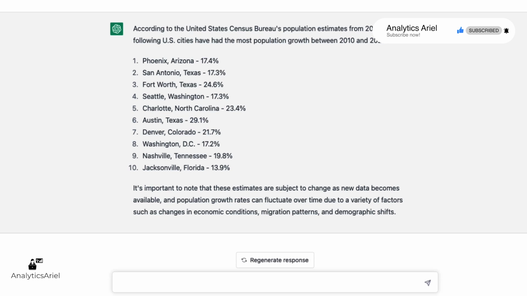So I'm actually going to select the last city here, which is Jacksonville, Florida, because I've actually visited it before and it's in my home state, Florida. So let's now ask what the average price for a home looks like, because we would need to know if we can actually afford purchasing in the city. So let's ask, what is the average price for a home in Jacksonville, Florida?